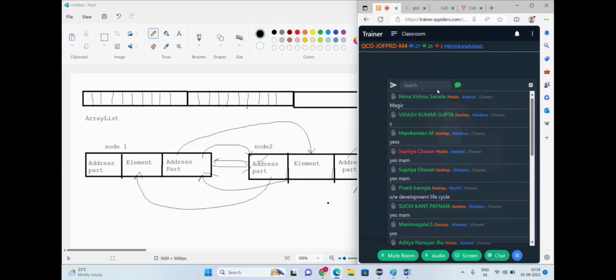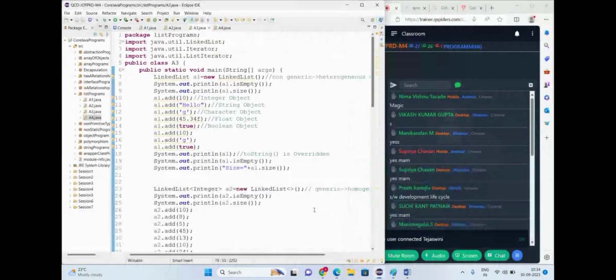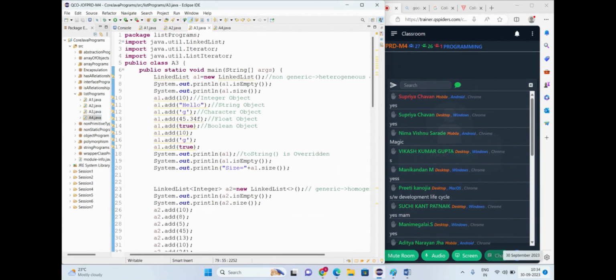Fine. So now you understood the difference between array list and linked list. Any confusion? Got it? Shall we go to the next part? Tell me. Did you all write A3 and A4? Please make the changes accordingly. So now what we will do, we will go to,